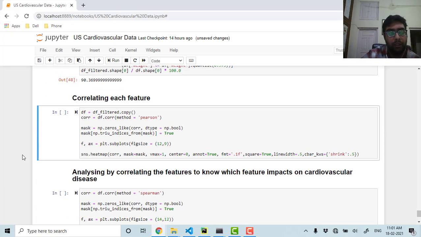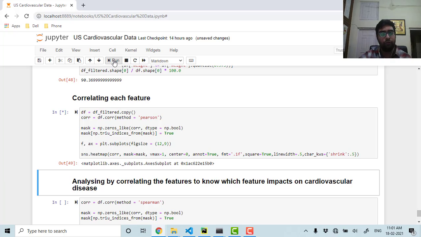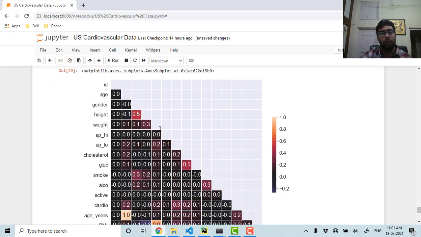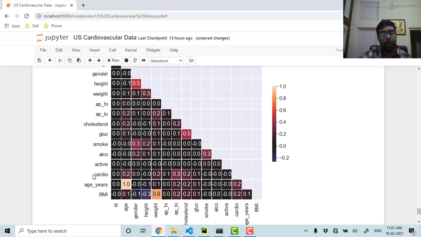Now we'll conclude our analysis by correlating each feature, and we will find out which feature impacts cardiovascular disease how much. So first of all, I have taken the correlation method as Pearson. Now let's view our cardiovascular